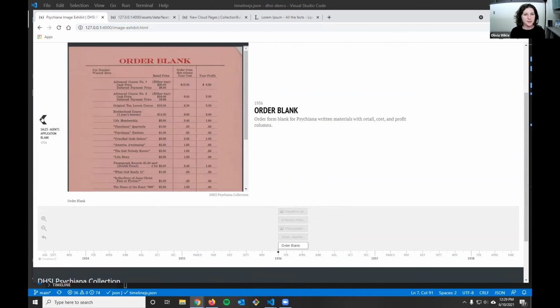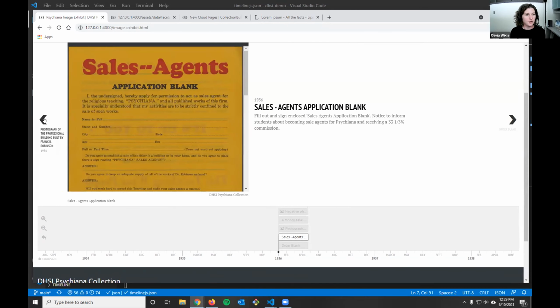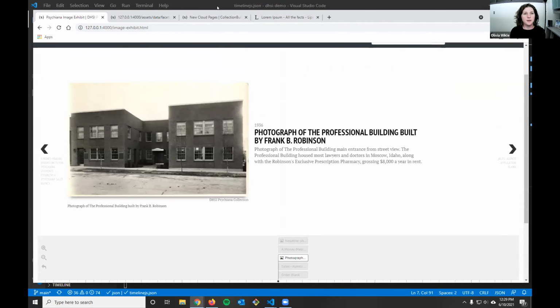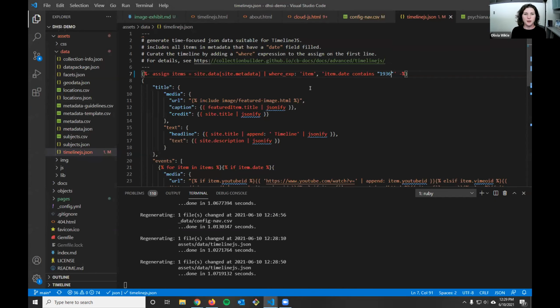So there are some PDFs in there now. Anything that appears during this year is going to appear here. So this gives you some ability to manipulate what's showing up in your timeline JS. It's kind of fun to play around with if you delve into your unique fields and include what you'd like in the contains